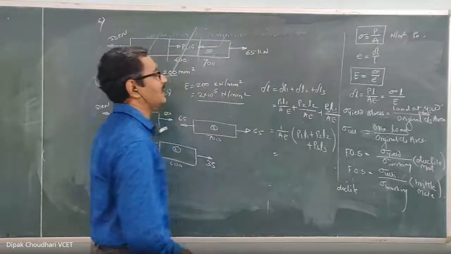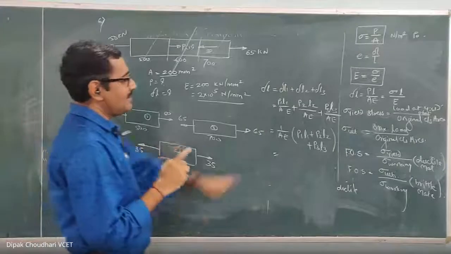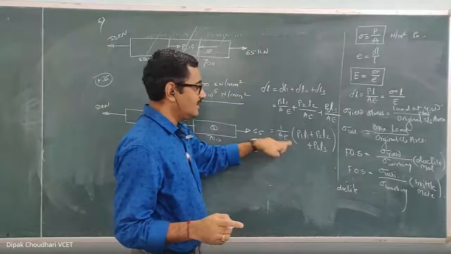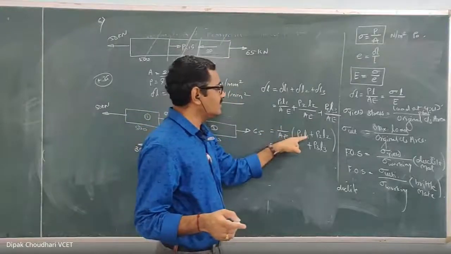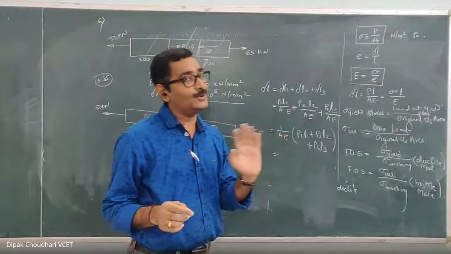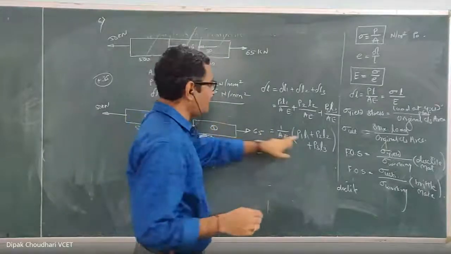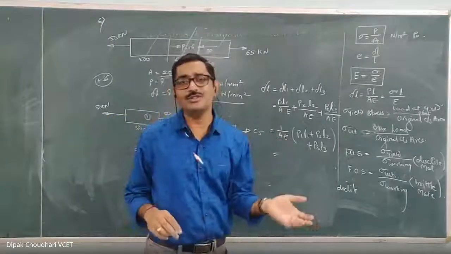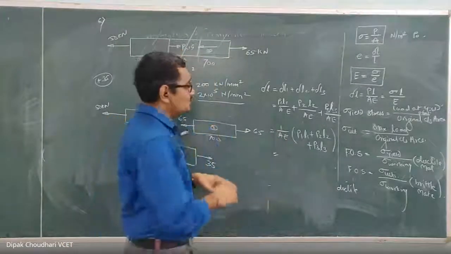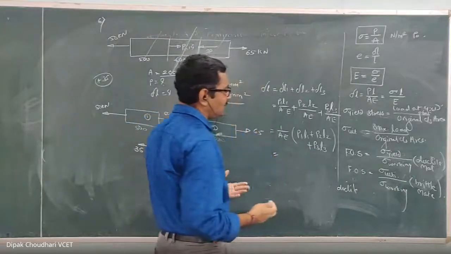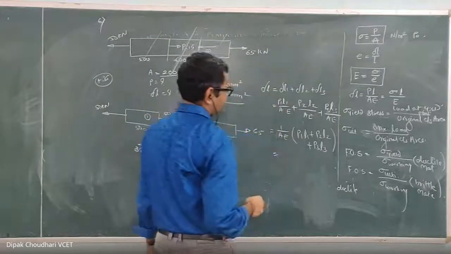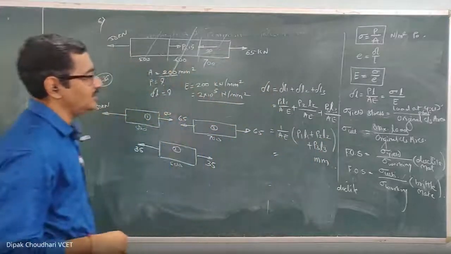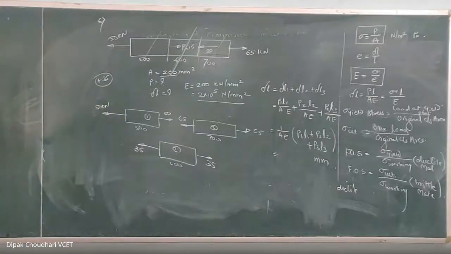Just substitute the values and you will get the answer. Now here, remember, if E is in kilonewton per millimeter square, P has to be in kilonewton. If area is in millimeter square, L1, L2, L3 must be in millimeter, and E will be in kilonewton or Newton per millimeter square. So use proper dimensions and proper units, and substitute the values, you will get delta. Here it will be in millimeter if L is in millimeter. Don't forget to write the unit.